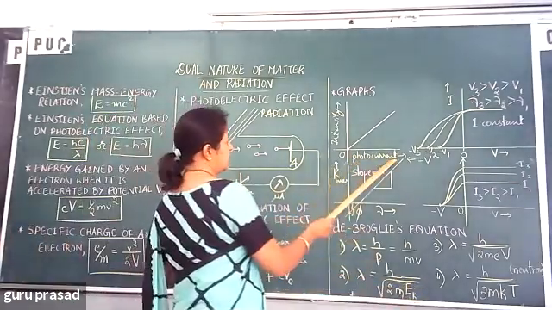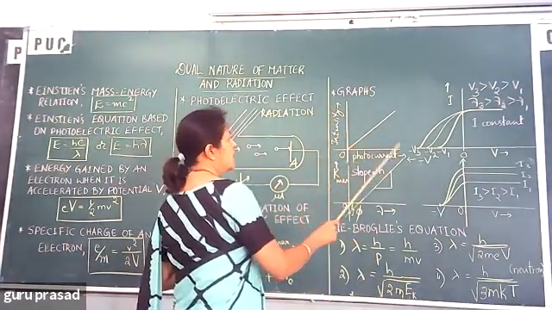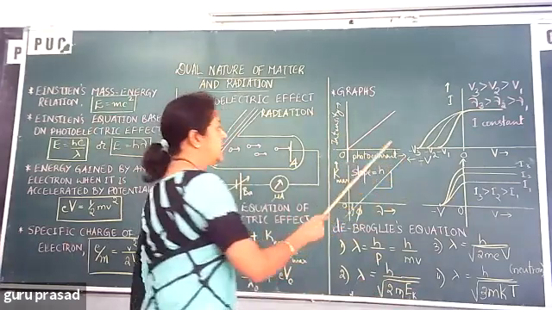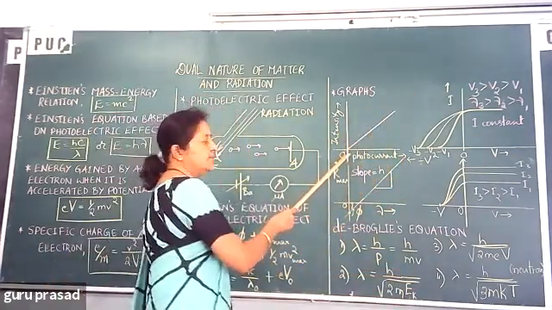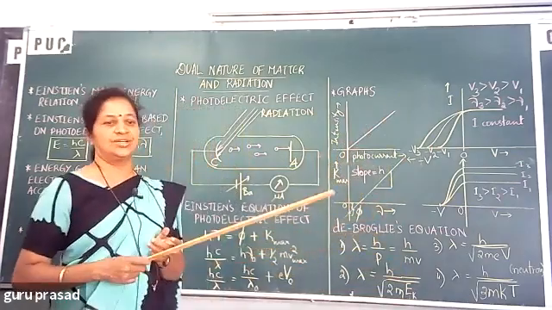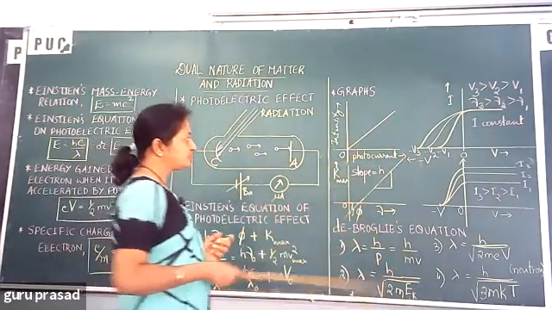So photoelectric current versus intensity, or intensity versus photoelectric current, is a linear graph. See, a linear graph, starting at the origin here. This you must know, they are directly proportional.